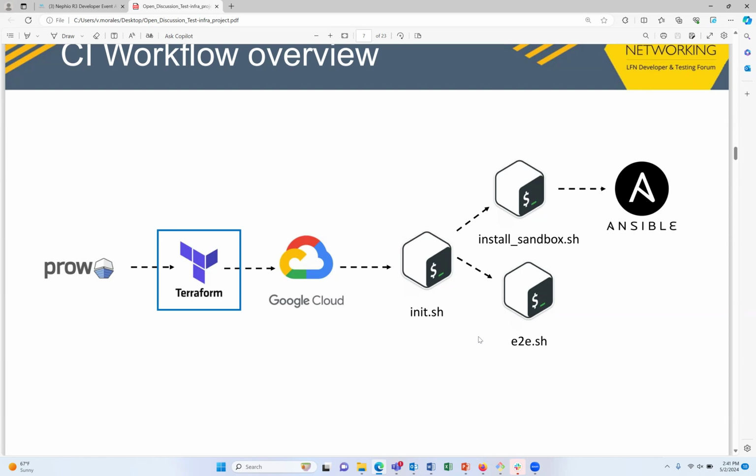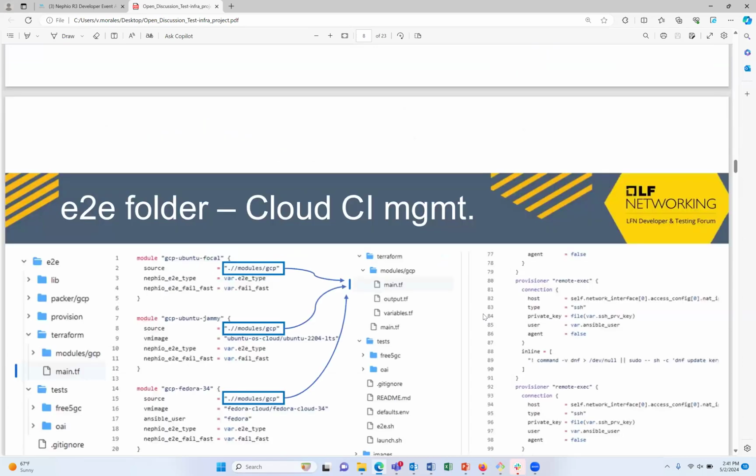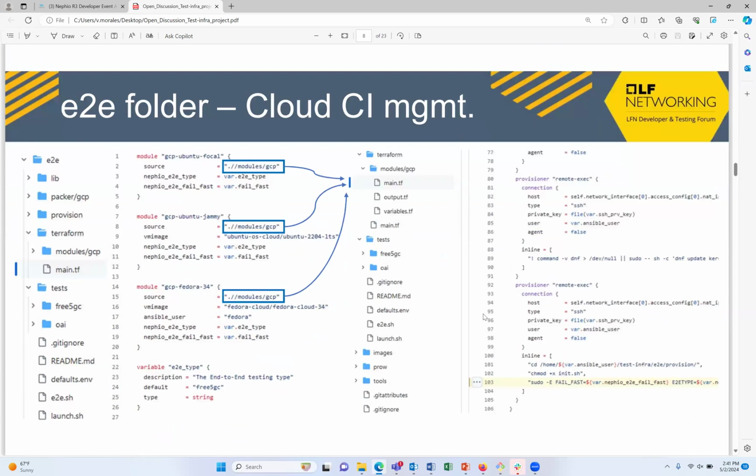I mentioned the Terraform scripts. The Terraform scripts are, again, in the folder structure. We are under the E2E. There is a Terraform subfolder, and that contains all the calls that the CI is making every time someone submits a pull request. So as you can see,